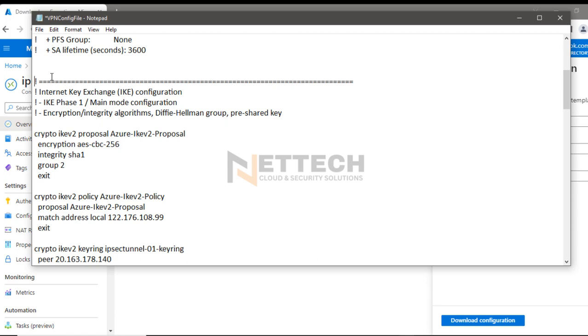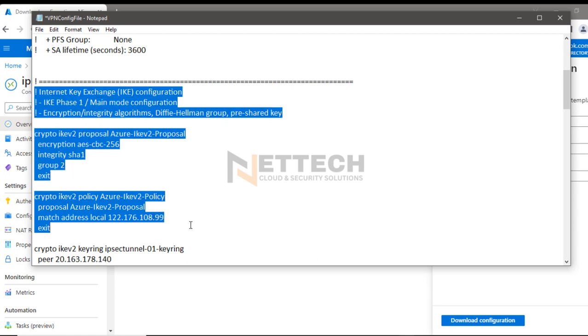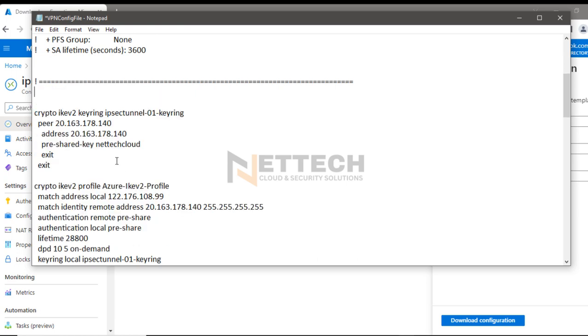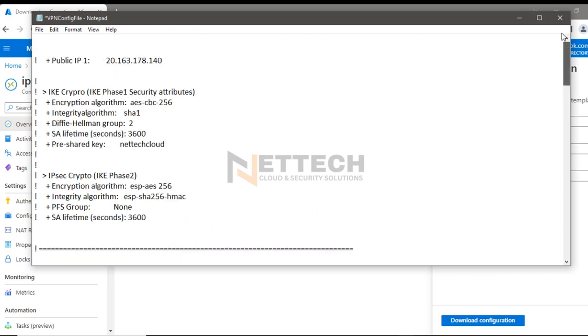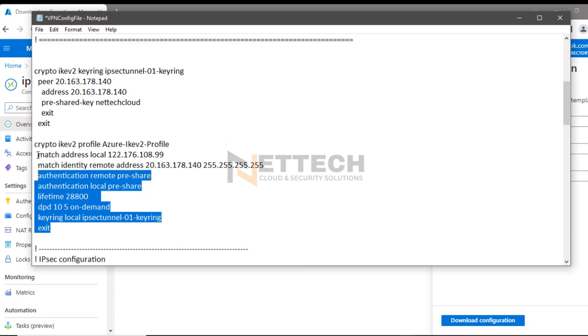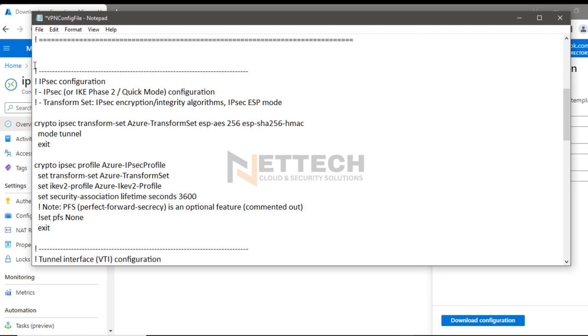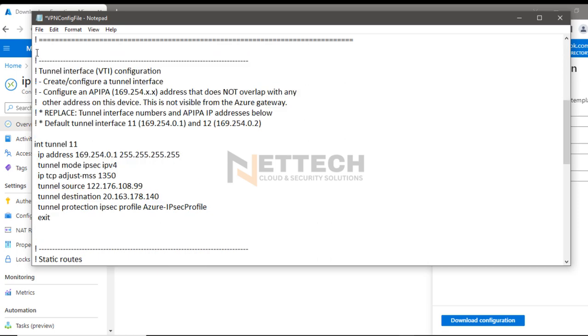What other information do we need here? Commands, Cisco style? No, we don't need them. The public IP address, 140, is already in the file. The 140 is the VPN side IP, so I can delete everything from here. Not required. IPsec transform set, no. What I need now is the tunnel interface. The tunnel is created, and the tunnel interface IP